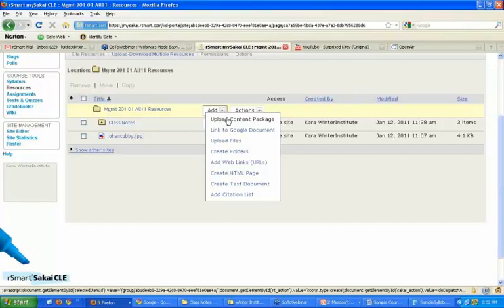There are people who do this on a regular basis, and I'm not one of those people, so I don't know too much about the standards and compliance. What I do know is that when a SCORM package is created, it comes in the form of a zip file, and within that zip file there's a whole bunch of supporting files and manifest files and technical looking things. But the SCORM player in this instance of Sakai is a proprietary SCORM player. We paid for this SCORM player, and the people who built it let us use it because we pay them, and we've integrated that SCORM player into Sakai so that when you upload a SCORM zip package,